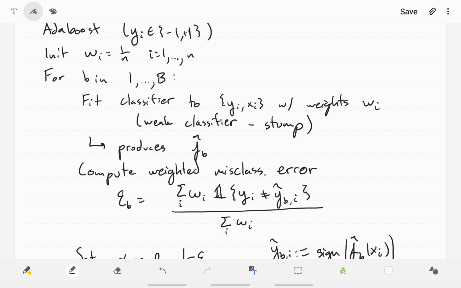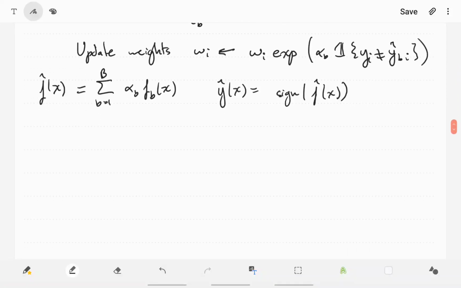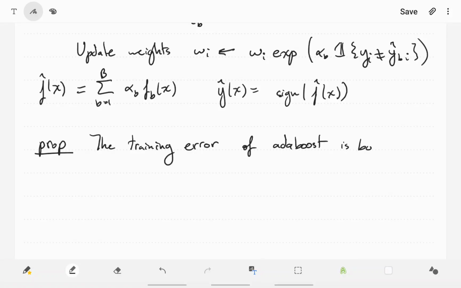So I won't go too much into that, but I will mention a sort of miraculous thing that happens, which is a proposition that says that the training error of AdaBoost is bounded by e to the -2 sum over the b's, going from 1 to capital B, of this gamma sub b squared